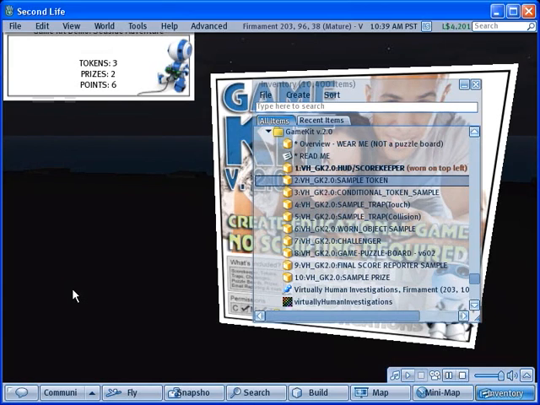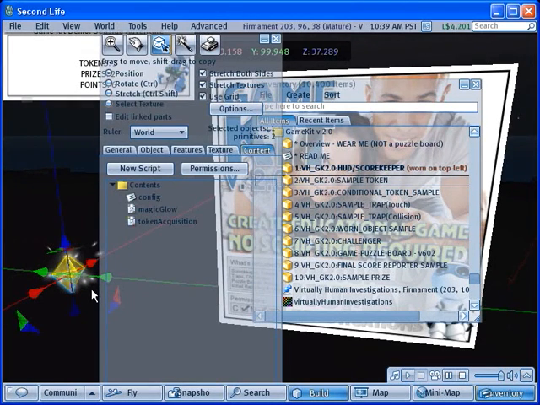Now, you can have as many copies of the sample token as you want. Obviously, you'll place them all over your sim. Now, it may be that you like this token style, that you want to have little spinning diamonds, that sort of thing. Then everything is good. But in the event that you don't, you simply right-click on the token,